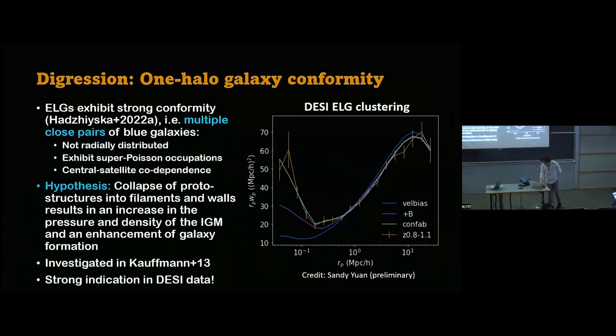When I was talking about the digression, one of the things was that we find that LRGs follow more or less this NFW profile distribution. You can assume basically that they're isotropically distributed, and you wouldn't be too far off from the one halo prediction of the simulation. But in the case of blue galaxies, because of this argument of conformity, you find that they tend to be very closely clustered. If you look at one blue galaxy inside your halo, you're much more likely to find another one right next to it, rather than isotropically somewhere in that halo.